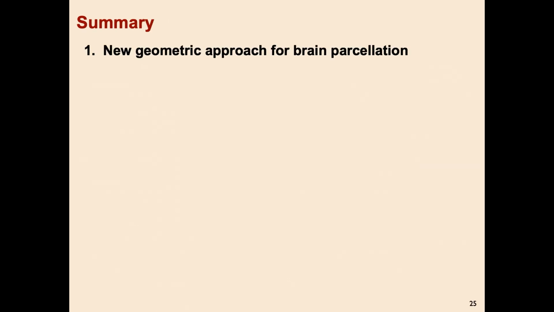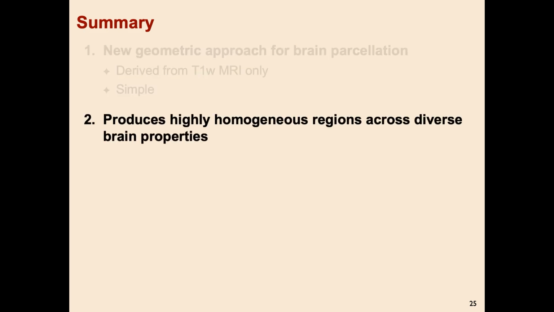So just to summarize, because I have limited time, I have 40 seconds, I think. I think I'm over time. So we've defined a new geometric approach for brain parcellation that is highly simple and just derived from T1 weighted MRI that produces highly homogeneous regions across diverse properties. But I have to emphasize that we're not trying to define new regions. We're trying to define the process of how these regions emerge. And if you need more